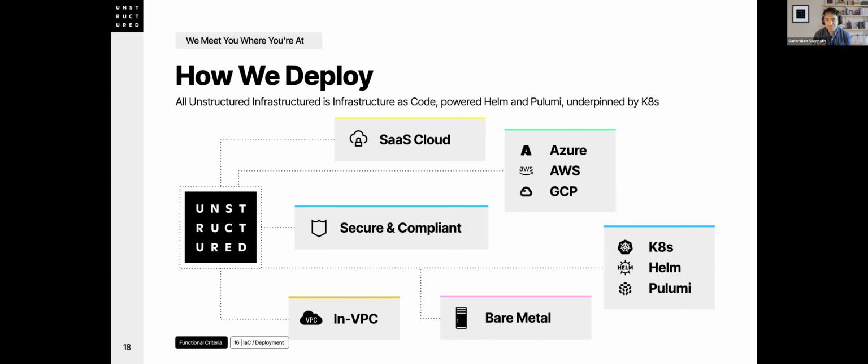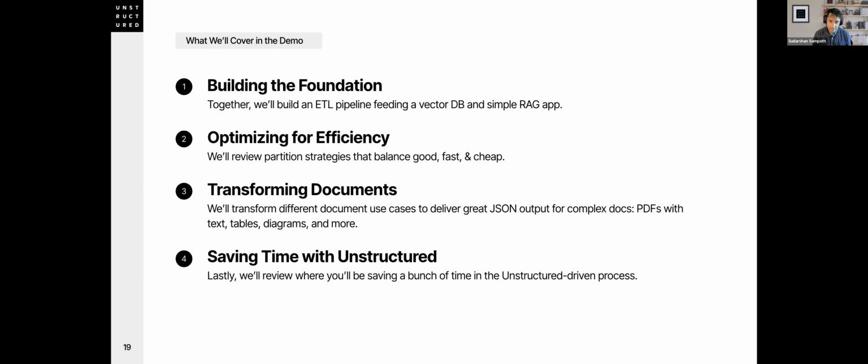And then we manage it all through Helm and Pulumi, Pulumi being our infrastructure as code platform. Helm charts do all the management of the Kubernetes pods being spun up, underpinned by Kubernetes. The only thing that's a hard requirement generally to us is that there's Kubernetes. And even that we could be flexible on, but Kubernetes is really easy. And so if you're not on Kubernetes, I highly recommend that you try it out because I think it's quite easy and pretty cool. And so with that, we're going to go into the demo.